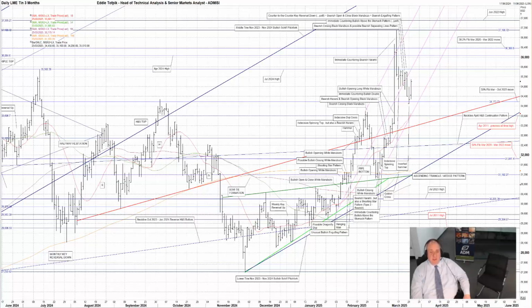I even added 2 weeks ago, and I quote, "There would be a certain symmetry to a move higher. We could even look at the early February to date action as part of a potential bullish halfway hesitation. But let's not get ahead of ourselves. There's still a lot of work needed on the upside to further justify such thoughts." End of quote. Well, all that lot of work, well, that got taken care of 2 weeks ago, with prices